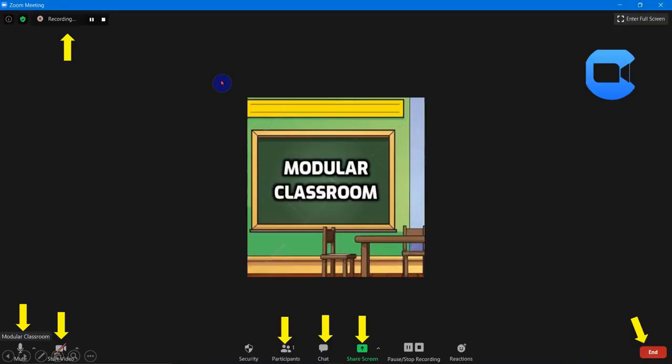So after entering into the Zoom meeting, this is how the screen interface looks like. See in the top right corner, if you take this, it shows the information, and this shows that the Zoom meeting has been encrypted, and this gives you information about the recording. That is, recording is automatically enabled in the Zoom platform, and you can pause and stop the recording also. And in the bottom,